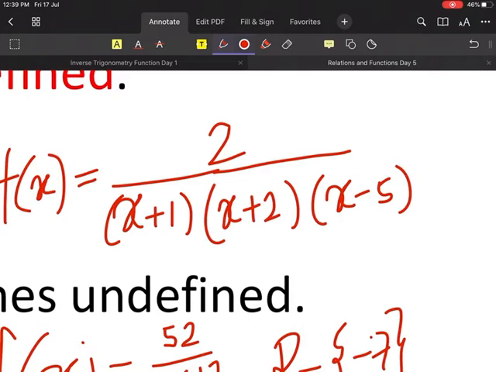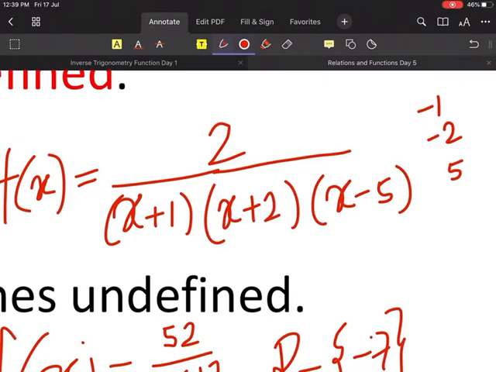Look at here. If you put minus 1 in place of x, so minus 1 plus 1 becomes 0, right? So the whole thing becomes 0. Yes or no? So minus 1. Another one, please tell me. Very good, minus 2. For minus 2 also everything becomes 0, right? Another one? Yes, 5. Very good.